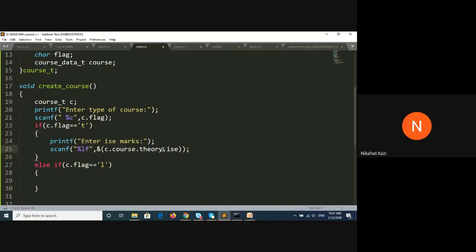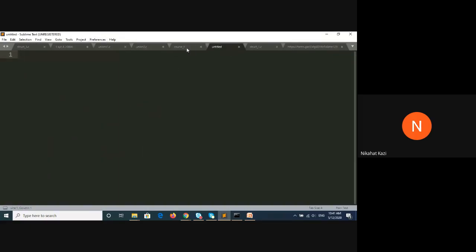Semicolon. So you see how I have used a chain of direct component selection operators. So we have used one by one, dot, dot, dot. So go up till the crudest component that you have, following that tree upwards. So whatever hierarchy tree we have created here, this is the tree that we have created. We have created it upside down only.